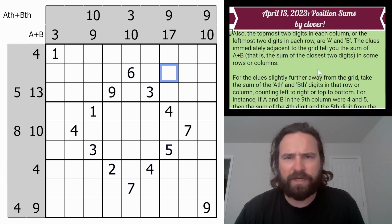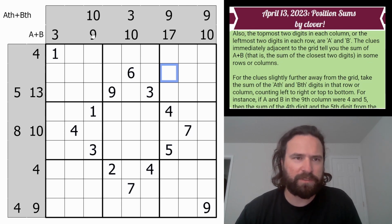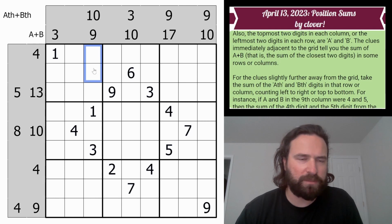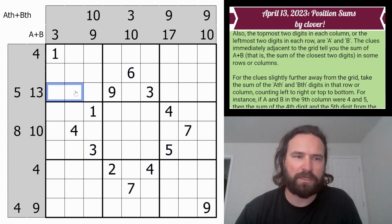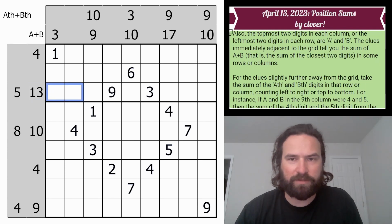So the clues immediately adjacent to the grid tell you the sum of A and B. Now I can give you an example. So 9 means that this cell plus this cell equals 9. So we know that these two cells have to add up to 9. The 17, these two cells have to add up to 17. The 13, these two cells have to add up to 13. And then it goes on to explain